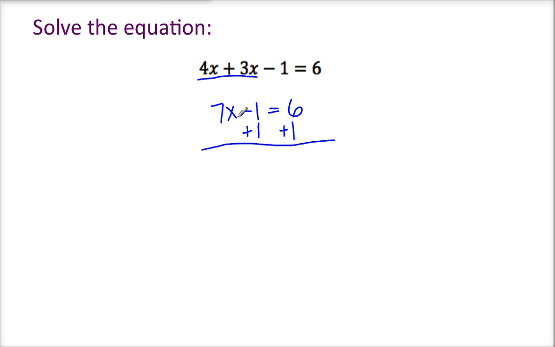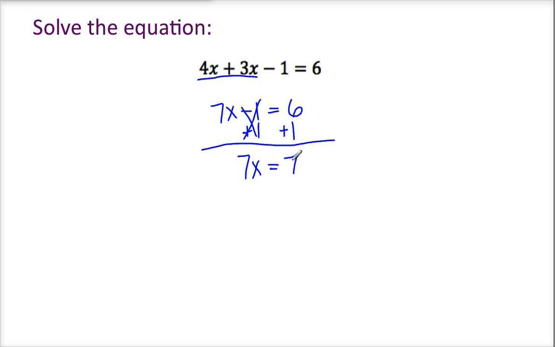Then I have 7x minus 1 plus 1. A -1 plus 1 is 0. That's the 0 pair I was talking about. So I'm just left with 7x. And then on this side I have 6 plus 1. That is 7. Okay, the final step is to divide the 7x into 7 groups,